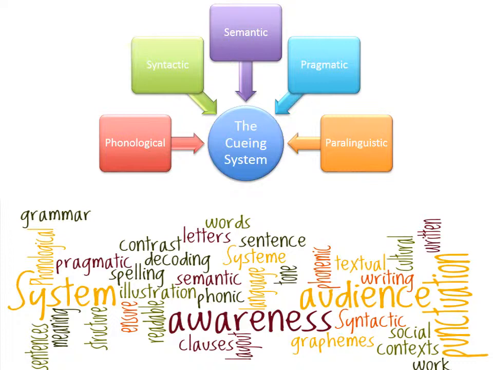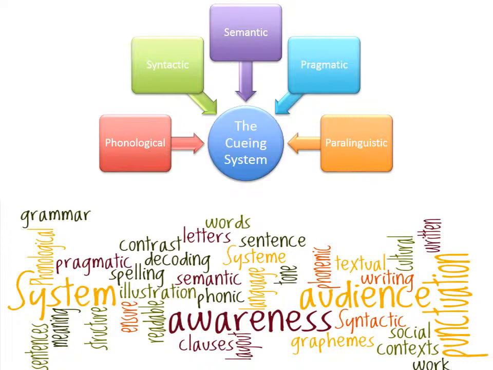Tompkins breaks down the cueing system to include the knowledge of the phonological system, which includes decoding, phonemic awareness, and phonic awareness and how this influences one's spelling, the syntactic system, which is understanding the sentence structure, punctuation, and grammar and seamlessly applying it in one's writing to ensure written work is readable,